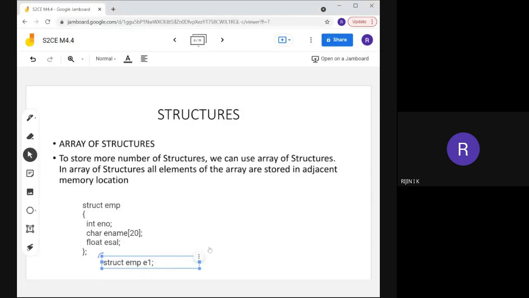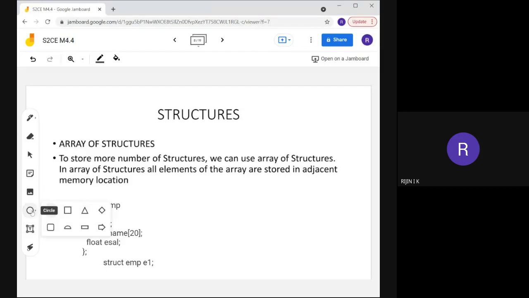So whenever you are creating a structure variable, what will happen? It will allocate memory.